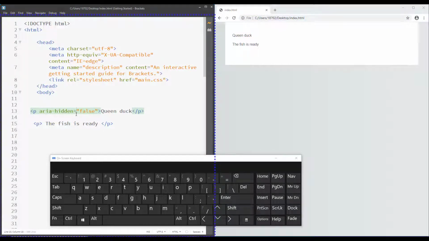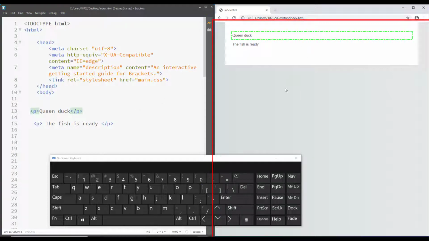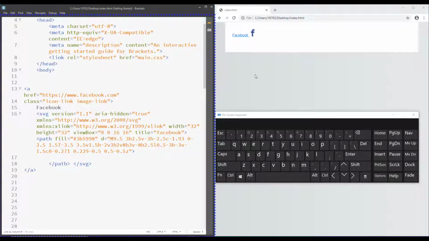Another option we have is to just remove the ARIA Hidden at all. So if we remove ARIA Hidden, then the default is going to be undefined, which will leave the element up to the browser whether they want to read it or not. So I'm selecting it with the screen reader, and if I had my screen reader's voice on, it's going to be read aloud.